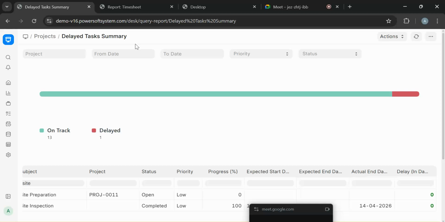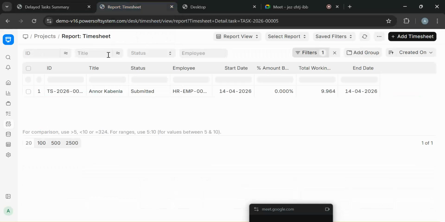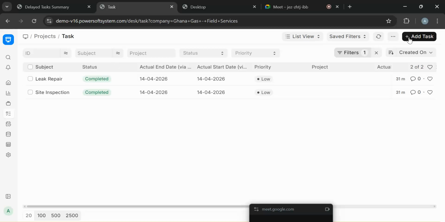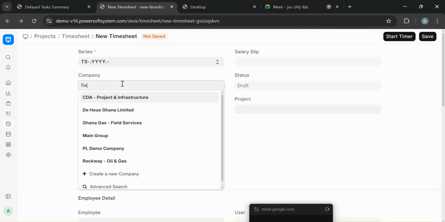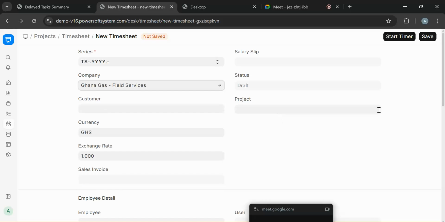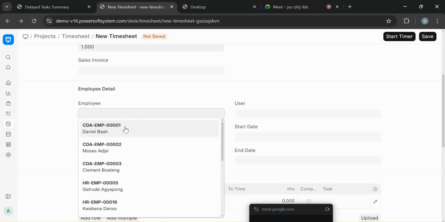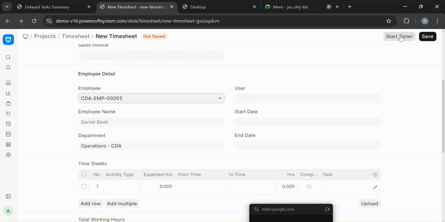So yeah, that is it in terms of the tasks and the timesheet. I also want you to understand that when it comes to the timesheet, there is always the option for field services, like say this, to use a timer if you want. So let's say this person can just simply do this: start a timer. So start a timer typically